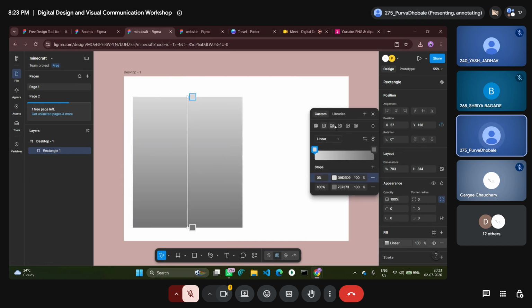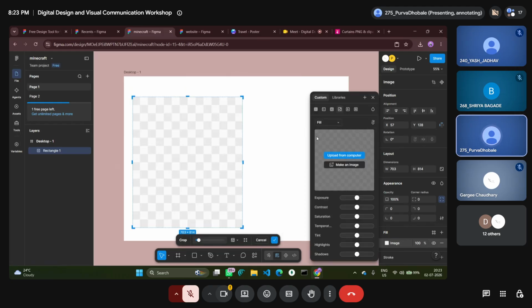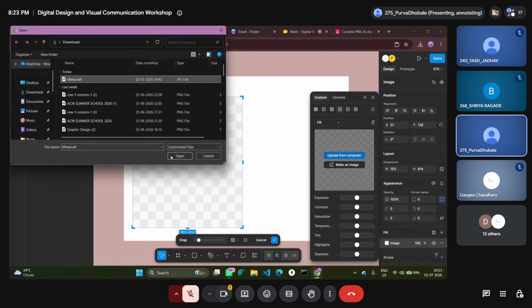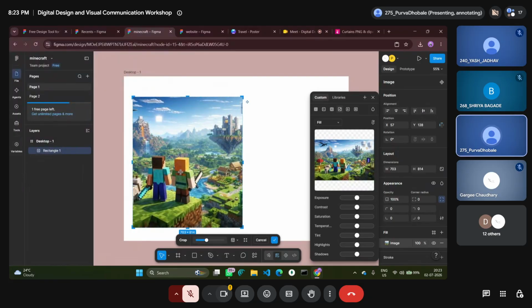Here, I want to add photos to my image, so I'll upload it from my computer. So the image is added. Now, as you can see, I just uploaded it from my computer. You can do it in an easier way. You can just copy the image and paste it here.